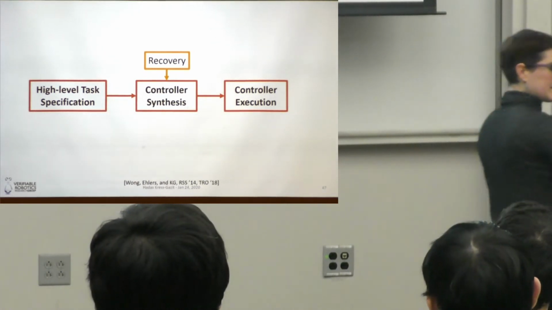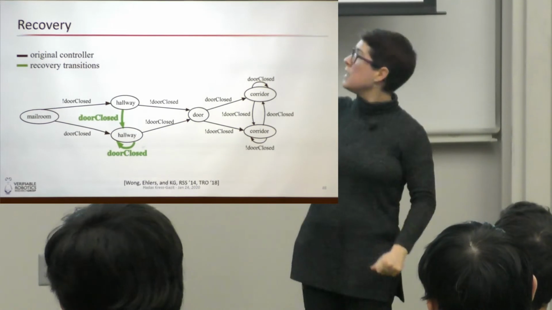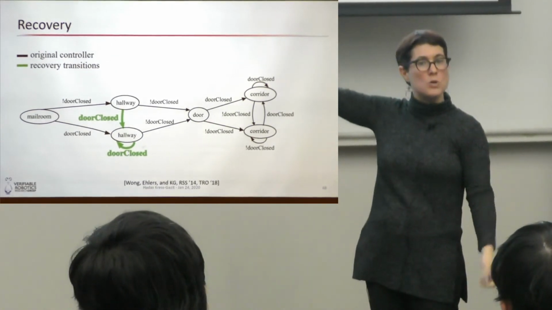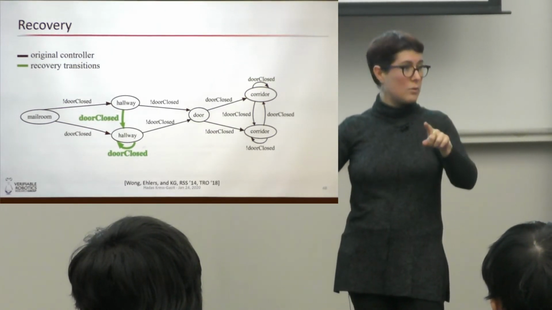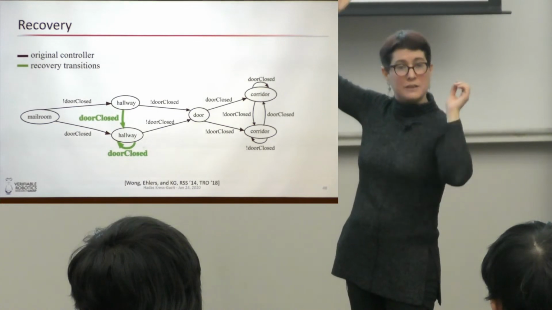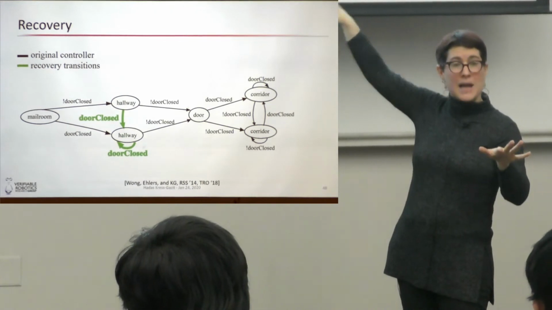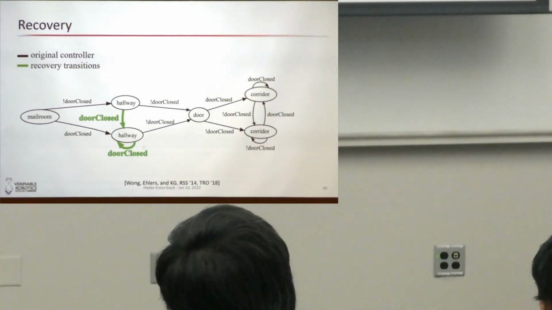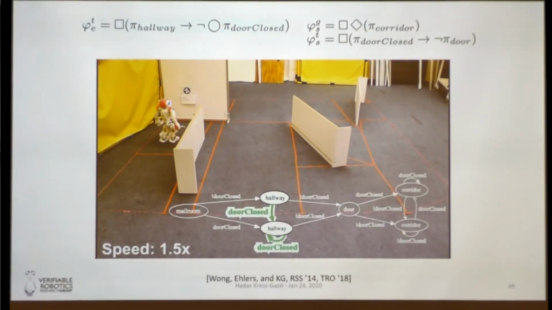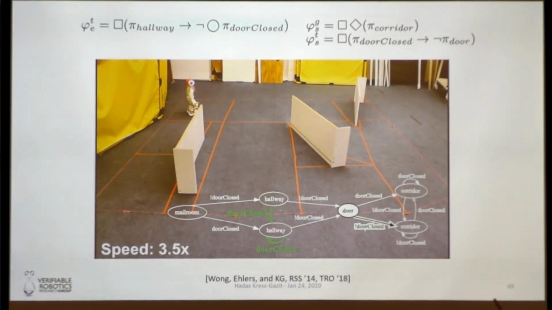Okay, so what would that look like? Really what we automatically synthesize is the previous controller plus 2 added transitions of what happens if the door is closed, even though you told me it's not going to happen. You told me the door is not going to be closed in the hallway. But I don't trust you, and even if it is closed, here's what I can do. Now notice that if it's closed forever, I cannot complete my task, and I won't know about that. So I'm assuming it's a transient violation. So then what you would get is something that looks like this. It's going to be executing those, and then it's in another state and continues on its own merry way, which is good.